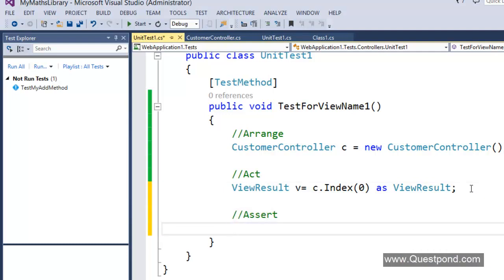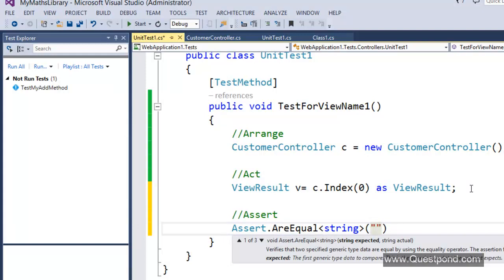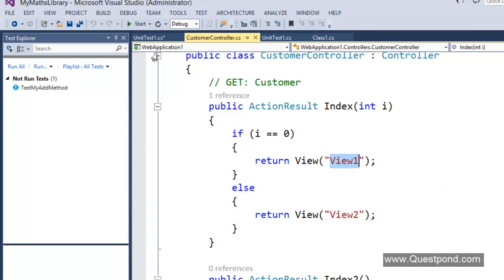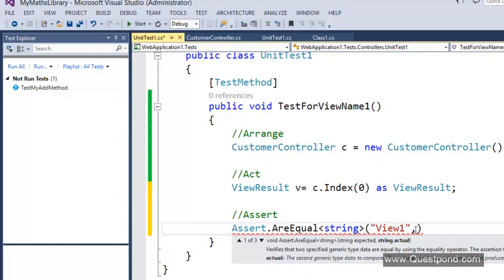Here we will say assert dot are equal, I know I'm going to get string and I'm expecting to get, what was that, view 1, but I'm getting v dot view name.